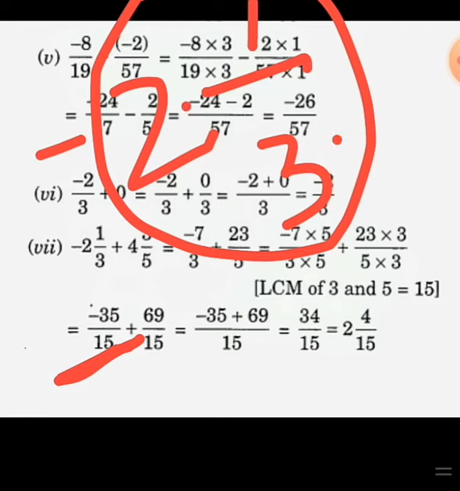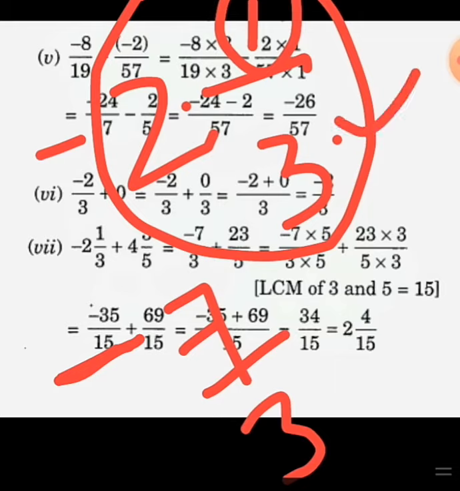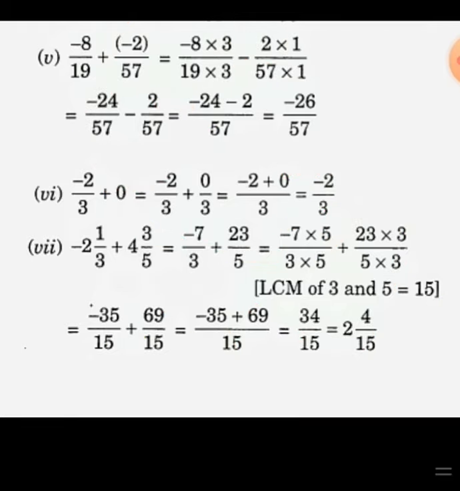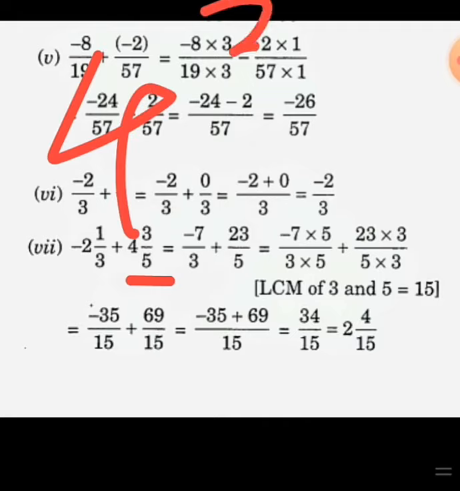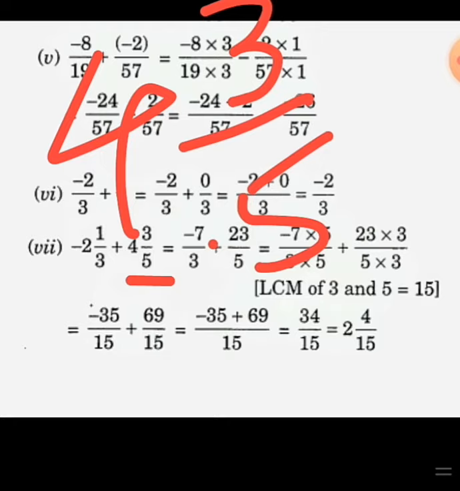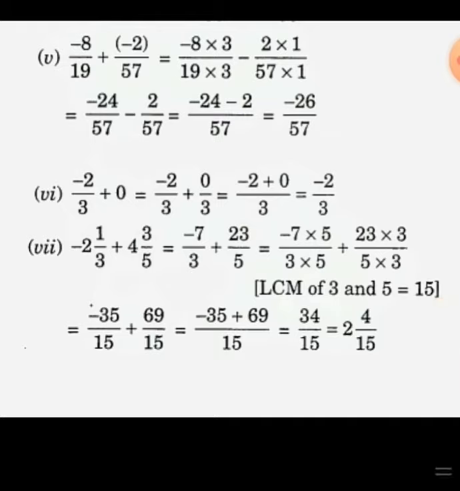So 3 2s are, what is 3 2s are? 6 plus 1. 6 plus 1 is 7. So 7 upon 3. Okay, so this was a mixed fraction. We have converted it into an improper fraction. And minus is given. So minus 7 upon 3. Our answer will be minus 7 upon 3. Understood? Now the second part is positive. So no problem of sign. Put plus and convert again. So it is 4 integer 3 upon 5. We will convert this. So 4 5s are 20 and plus 3. So 23 upon 5. So the second part will be 23 upon 5.